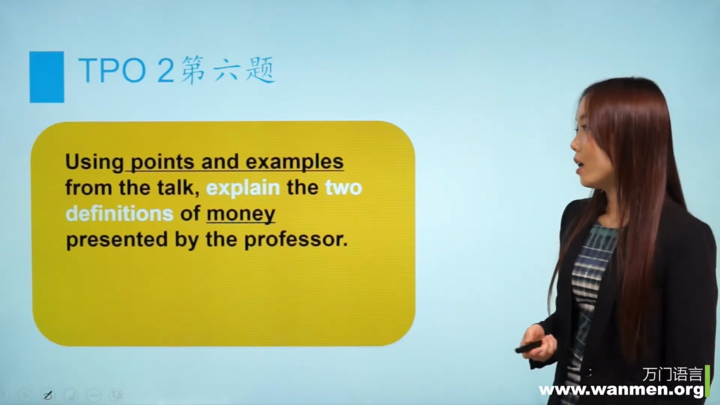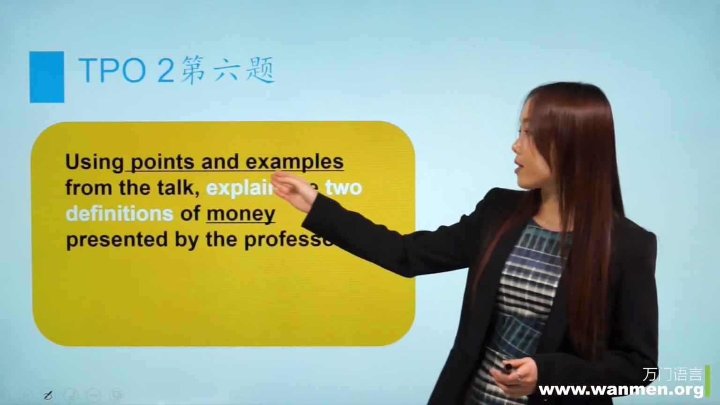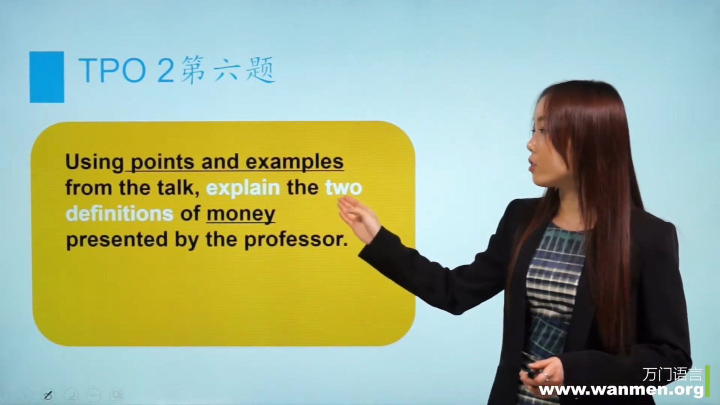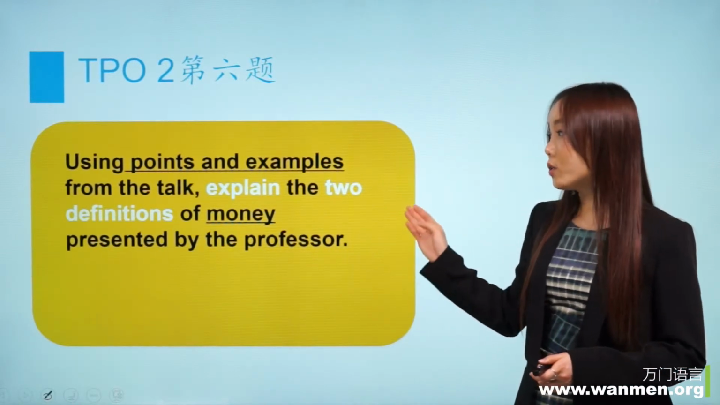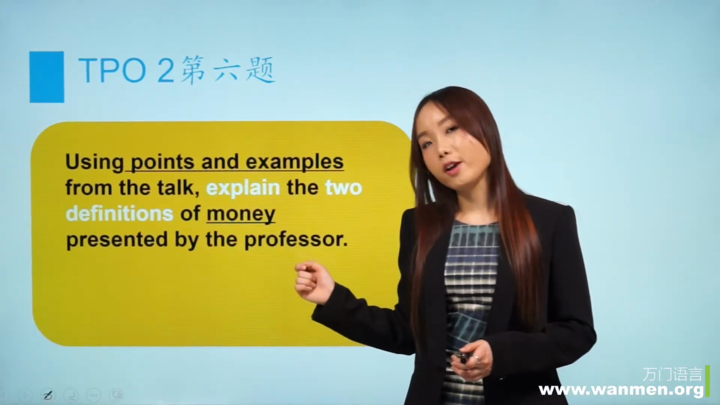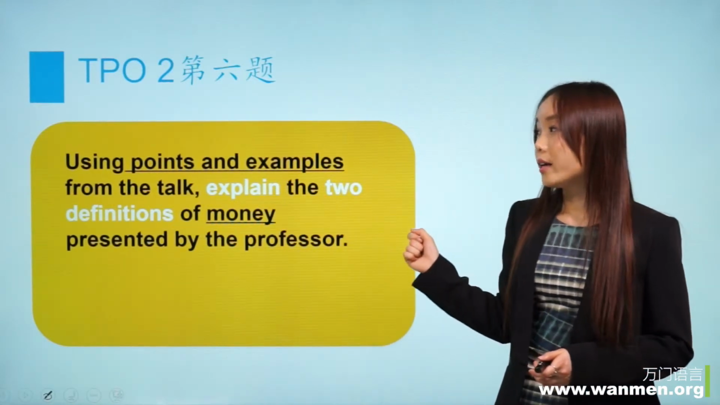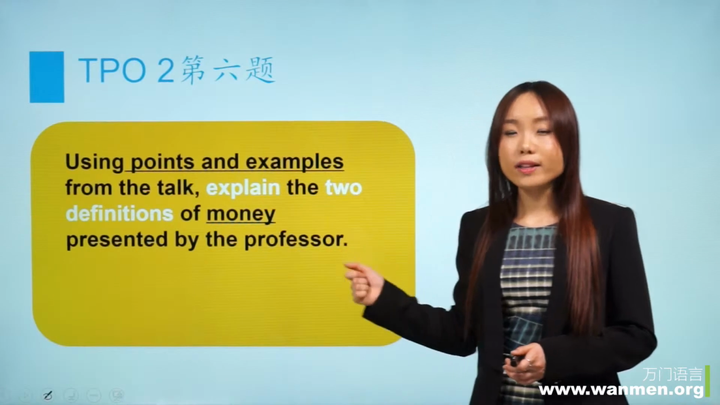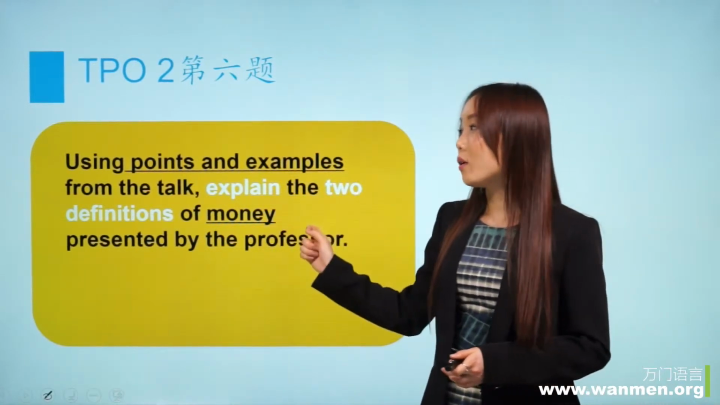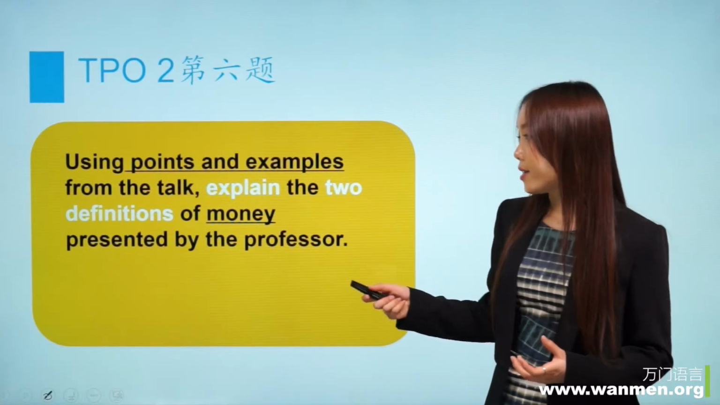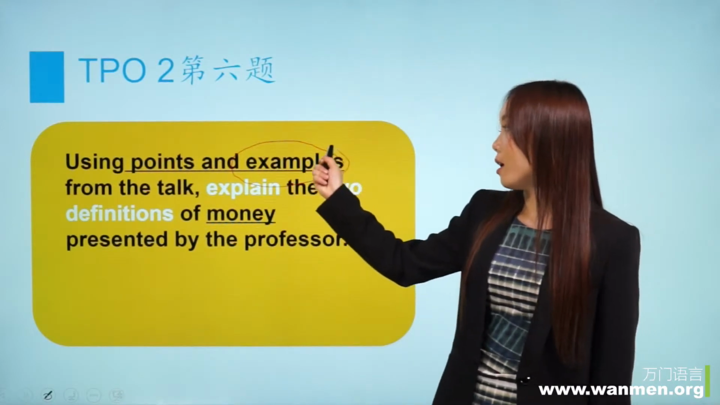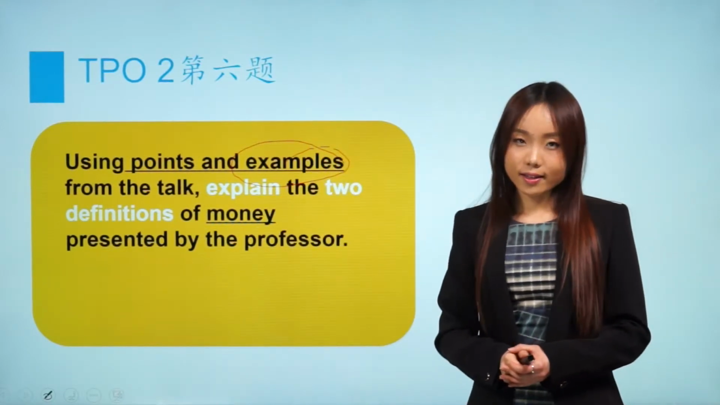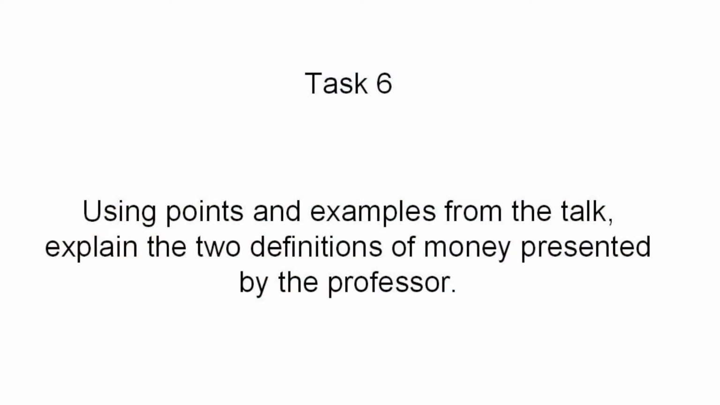的第6题。那么第6题 Using the points examples from the talk, explain the 2 definitions of money presented by the professor。也就是说第6题是一个 professor 的 speech，那么他在这个题里面会提到一个事情或一个观点，那么这个如何定义，我们需要把它复述出来，而且还要一定要听到 professor 的一些 examples，这是非常重要的。然后我们先来听一下听力。